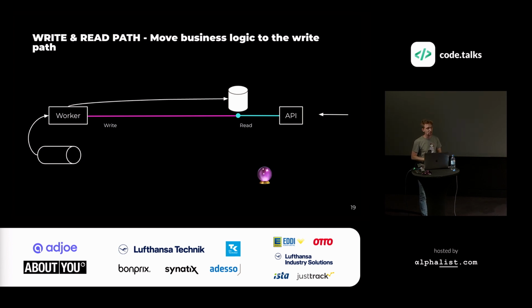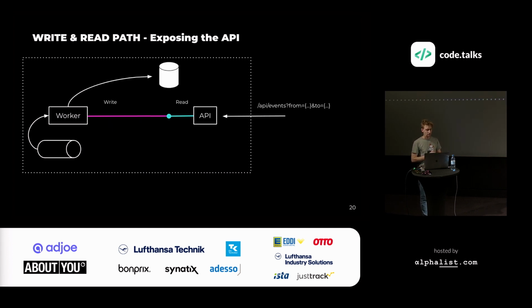So our goal is to start moving the business logic from the read path to the write path. And by doing this, we can make the read path way cheaper, and we can avoid having a cache aside strategy. Another thing that happens when you do this is that the services start exposing the APIs through data